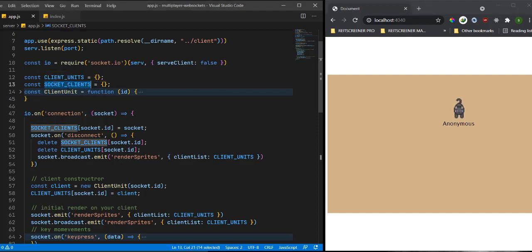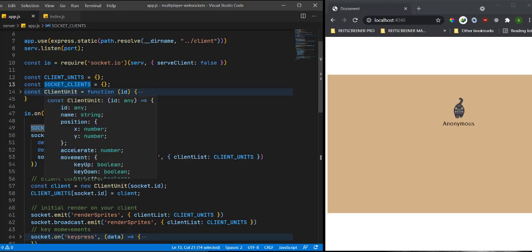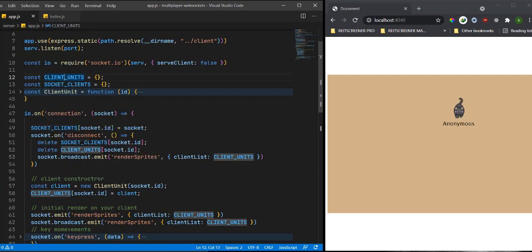but as you can notice, there is another object here at the top which says client units. The reason why I created this is because I want each client, or each socket which is connected to our server, to get monitored with regards to their character status, their movement, and their current coordinates, their X and Y position, and at the same time